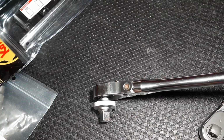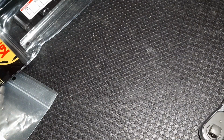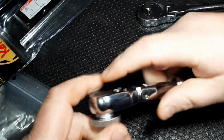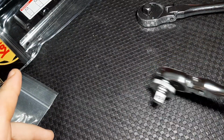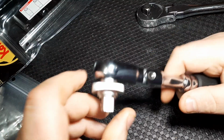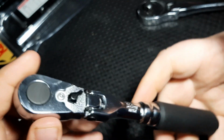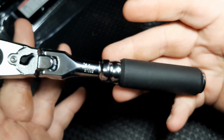I don't have a back drag gauge, but the back drag on the Kokens is superior to everybody's because of their design. And I talked about this before in the video, but look at this. I'm just pushing it along. No force. The back drag on these things is absolutely so ridiculously light. And the quality on these ratchets is just... This ratchet, keep in mind, is only around $67, I think, is what I paid for this. But it is just absolutely...